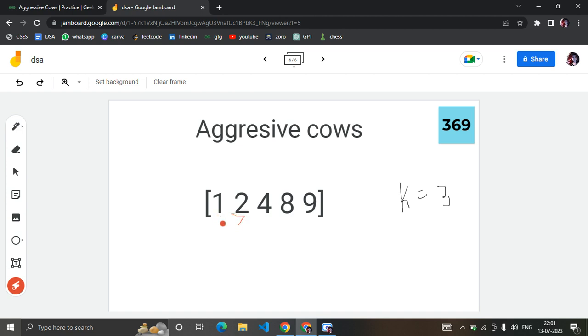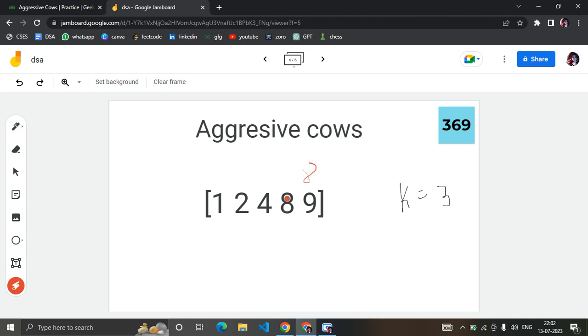We will run another loop and check whether the difference between them is the maximum possible. Here the difference between them is 1, and similarly for this the distance between them is 3, for this the distance is 7,